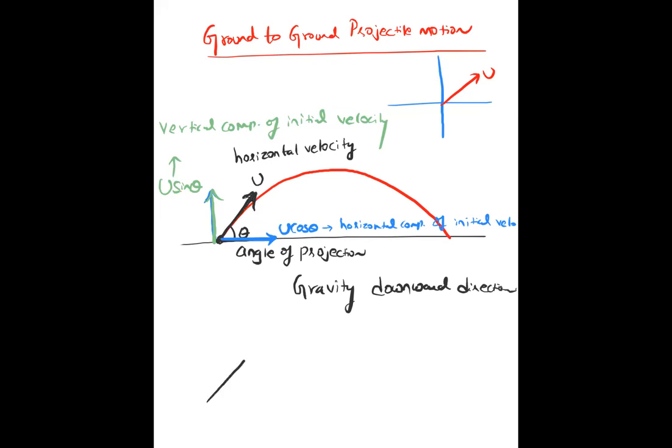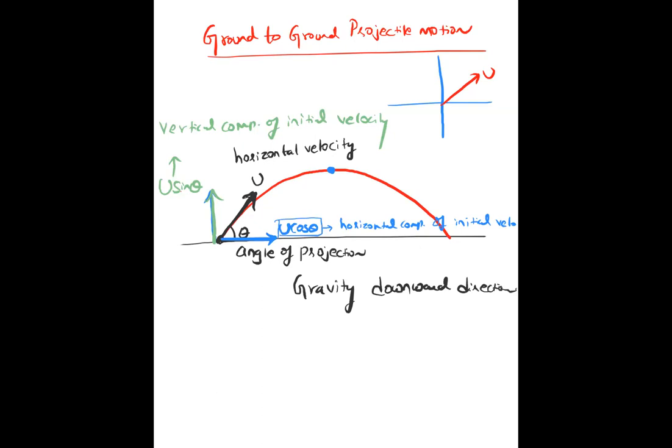Now, if you're throwing something like this, that means it will go somewhat horizontal and somewhat vertical. But somebody is pulling it down. So what will happen? It will go straight, and somebody is pulling it down. Its vertical velocity will decrease first. Finally, at the topmost point, the vertical velocity will become totally zero. But the horizontal velocity will remain the same, because there is no one to affect the horizontal velocity.